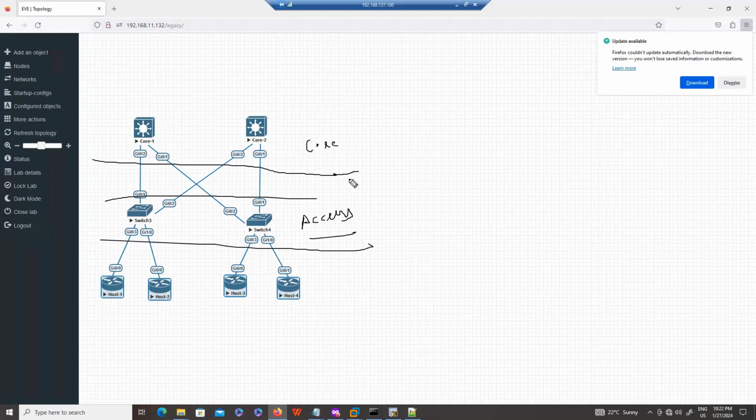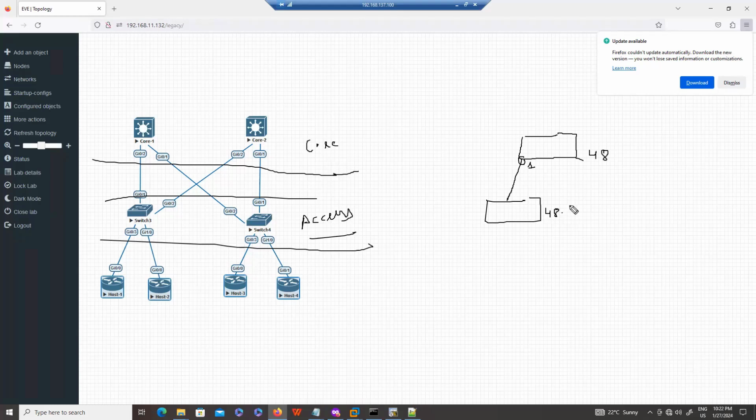So first, let me tell you why we use this architecture. When you install the core switches, let's say this core switch has 48 ports. When you connect, let's say, any one switch on port number 1, and I connect another switch, and this switch also has 48 ports, what are we doing?